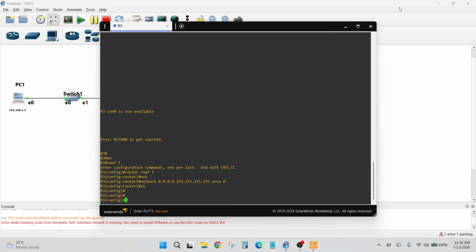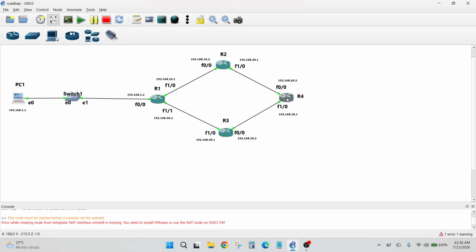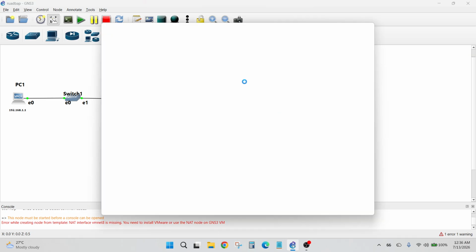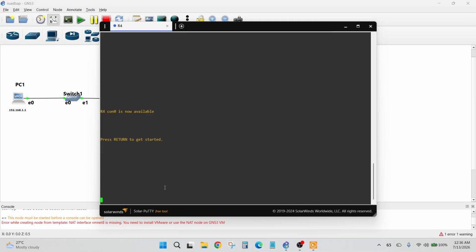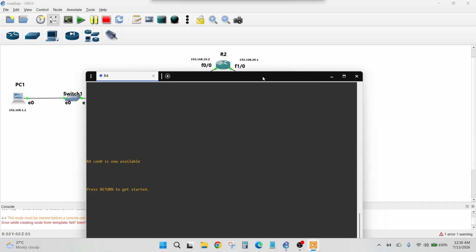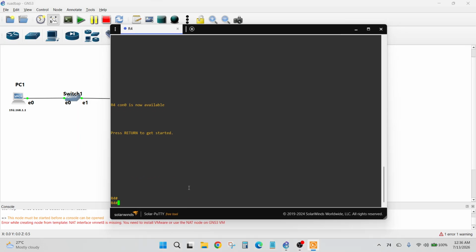Okay, and now exit. Then go to our next router, click console and open CLI. This is our last router because this is our loopback. Enable, config terminal, router ospf 1, network